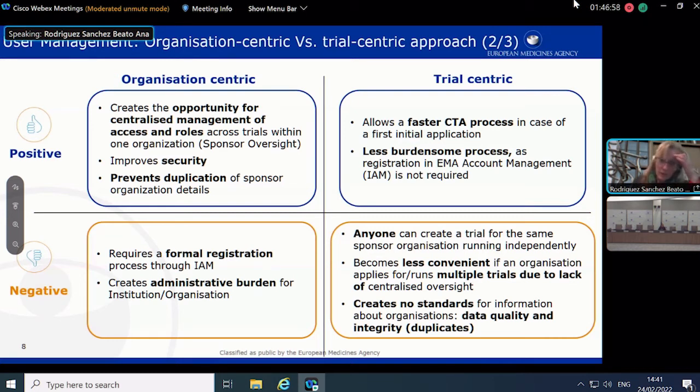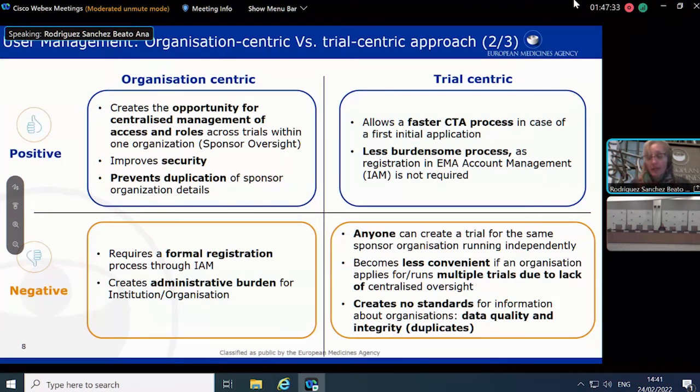Obviously, the organization-centric approach improves security because it prevents anyone from creating a trial on behalf of that organization, which, as I explained, is not the case for the trial-centric, and it also prevents duplication and improves the quality of the data, because in the organization-centric approach, as I explained, the first step is to ensure that the organization has already been registered in OMS, whereas in the trial-centric, even if you are obliged to search in OMS, it may occur that the user enters a new organization and then there is duplication.